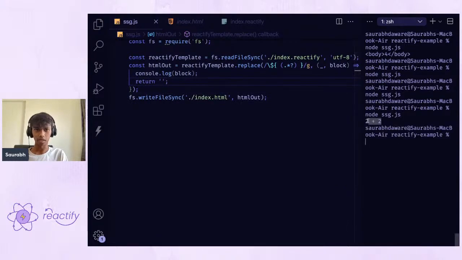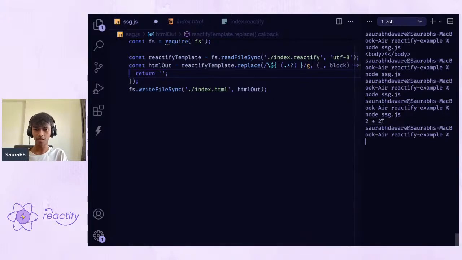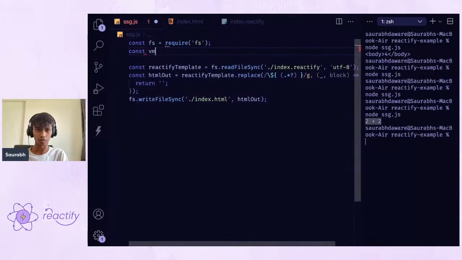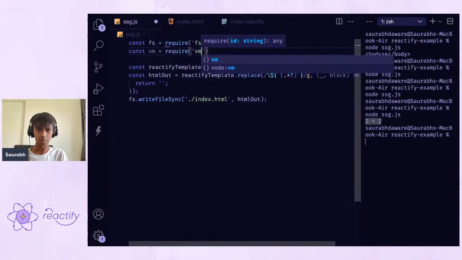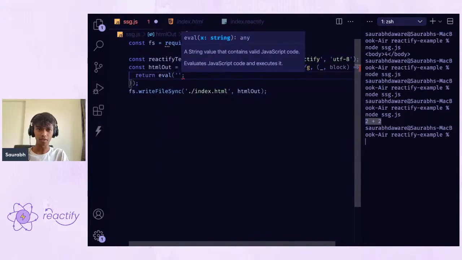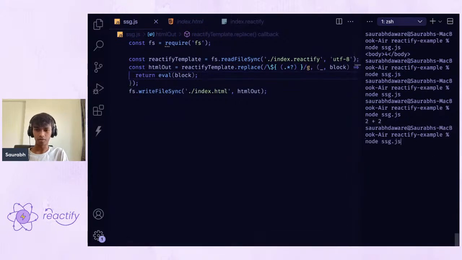So you can see we got 2 plus 2 here because of this. Now we have to evaluate this 2 plus 2. Node.js has one more package called VM, which is the default Node.js package. You can require it from your Node.js, but we're not going to use this. This is just an example, so I'm going to use eval. VM is usually safer than eval, but this is just an example, so we don't really care about the security right now. Now, if I run node SSG,